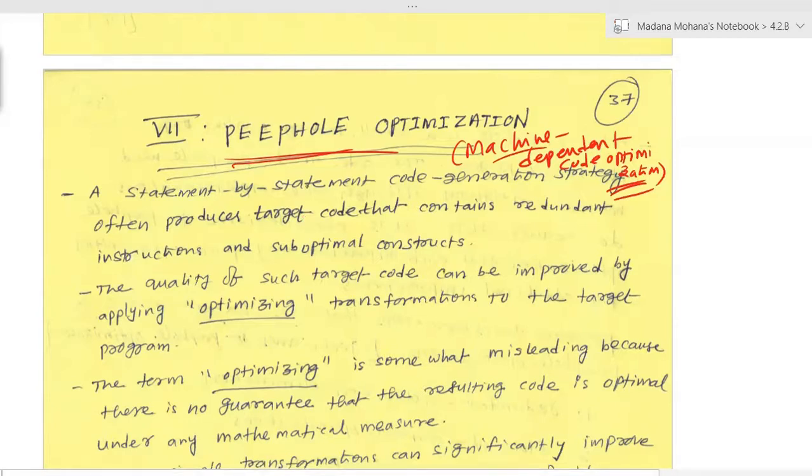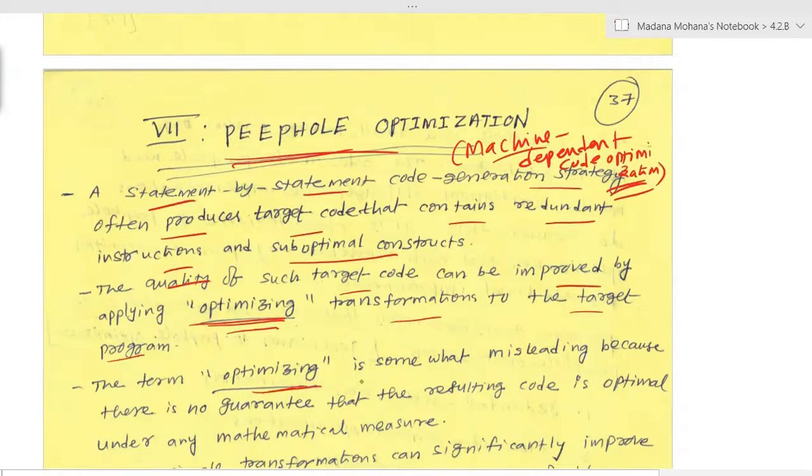So now let us see peephole optimization. A statement by statement code generation strategy often produces target code that contains some redundant instructions and suboptimal constructs. The quality of such target code can be improved by applying optimizing transformations to the target program.